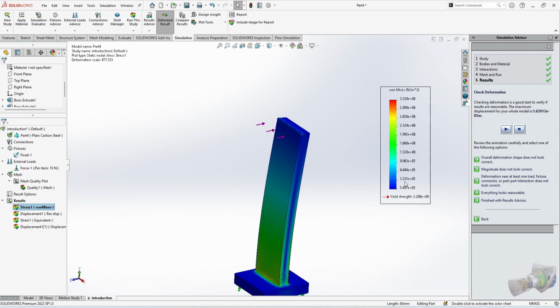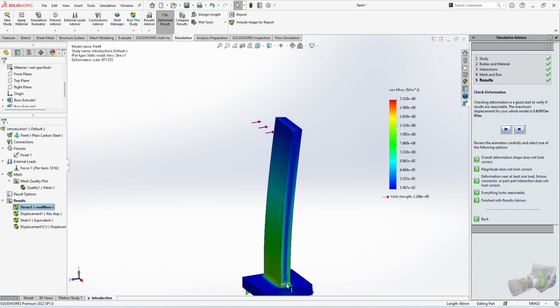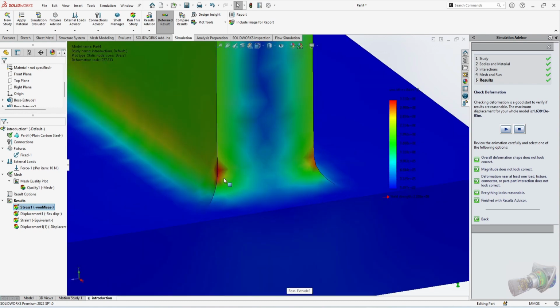As the stress increases, the color will become greenish, then yellow, and red means the highest stress level. At this point the stress is very low, and at the bottom the stress is very low. In the cross section, this vertical line is again very low stress level, but at this point stress is at the average. But you can find, let me zoom, at this point,